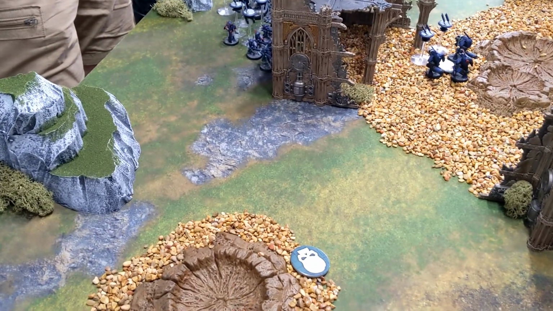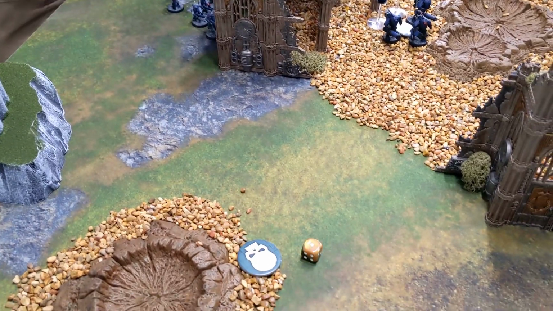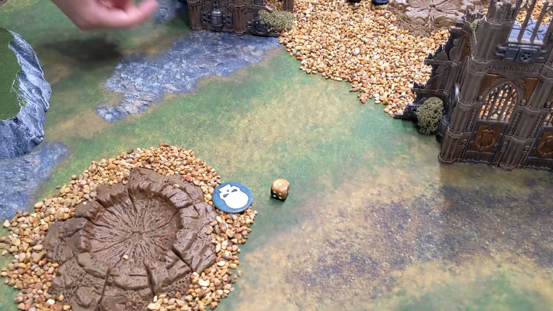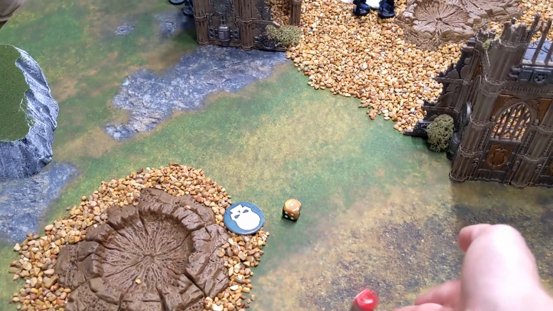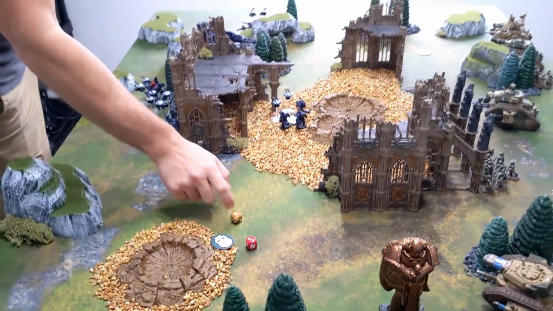Are you ready for this? Yes. Okay, let's see what you got. See if I can get a 6. Yeah, that's a 1. I think you might be going first. Okay, there's a good chance that I'll go first. With a 3, the Tau will go first. So we'll do some redeploying